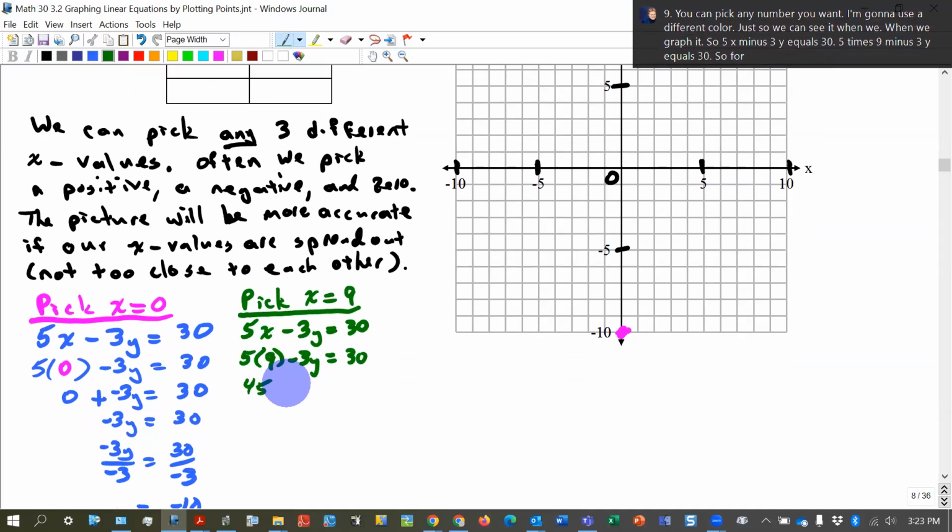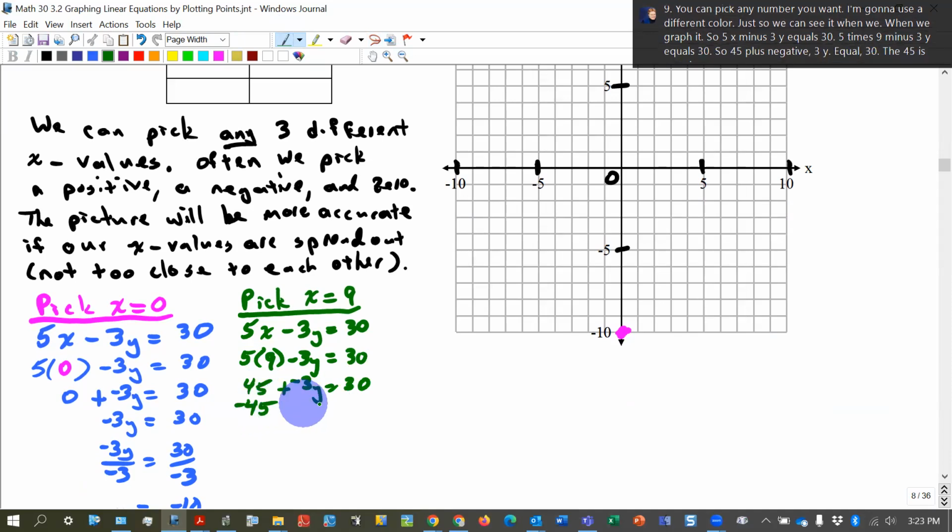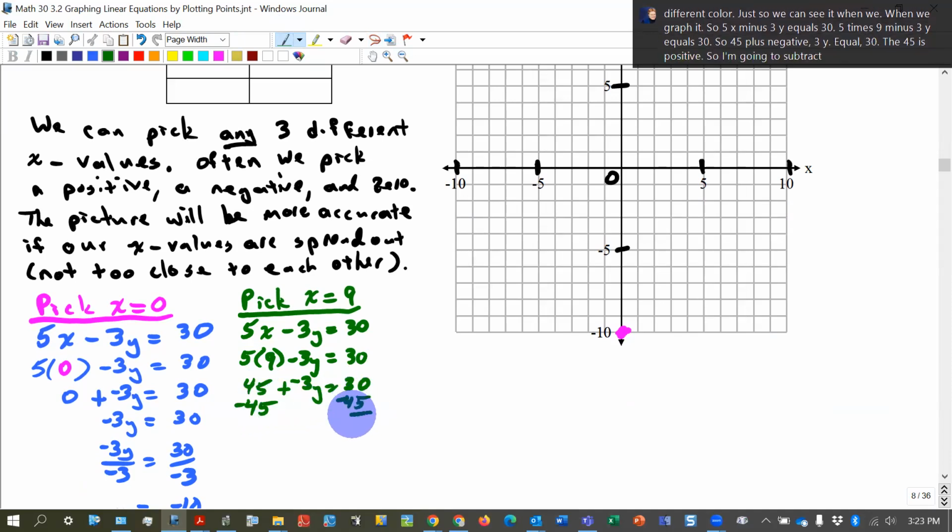So 45 plus negative 3y equals 30. The 45 is positive, so I'm going to subtract that from both sides. And I get negative 3y equals negative